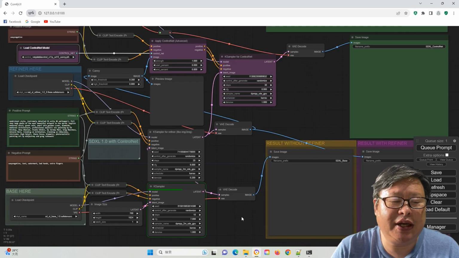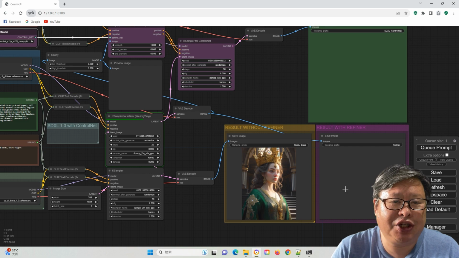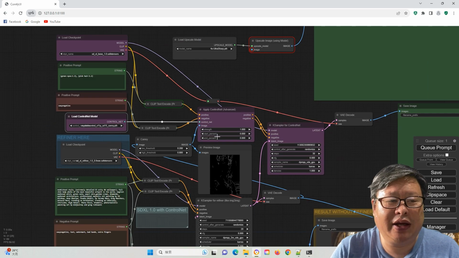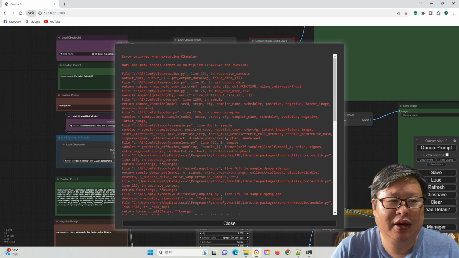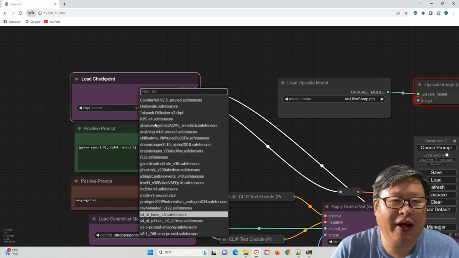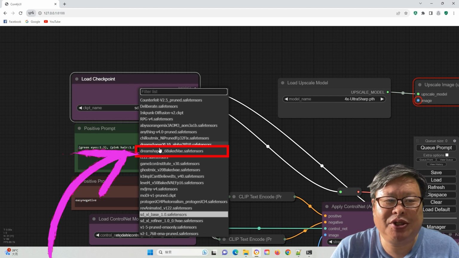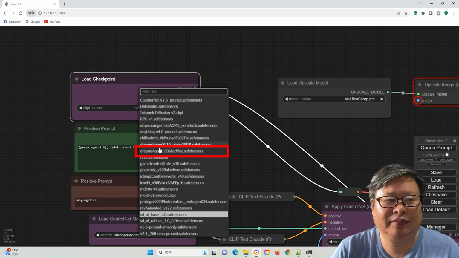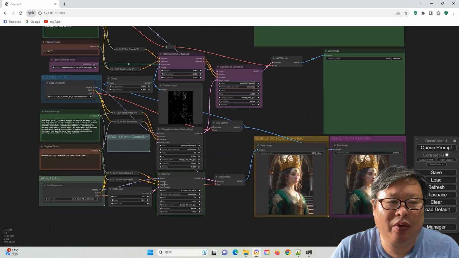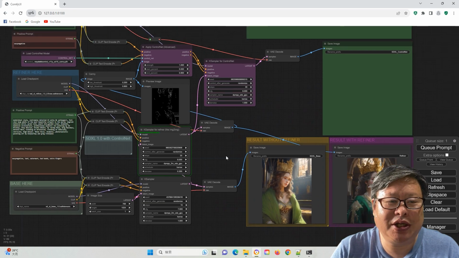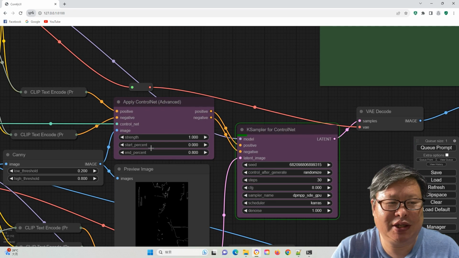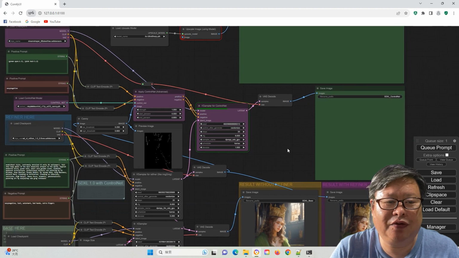If I still use the SDXL base model as the checkpoint file, it will give me an error message. Then I change the checkpoint file to an old SD version 1.5, for instance DreamShaper version 6, for a try. Remarkably, everything operates smoothly, and the generation speed is impressively fast. It took 76 seconds to finish the job.